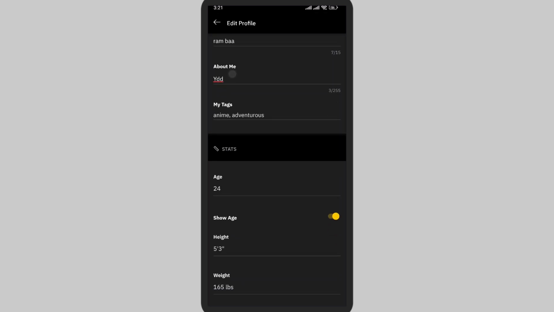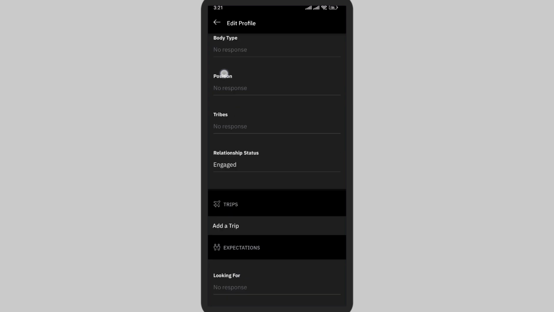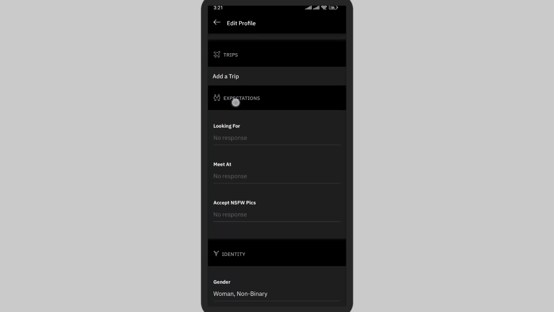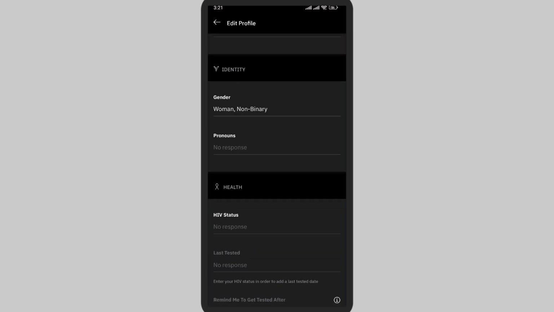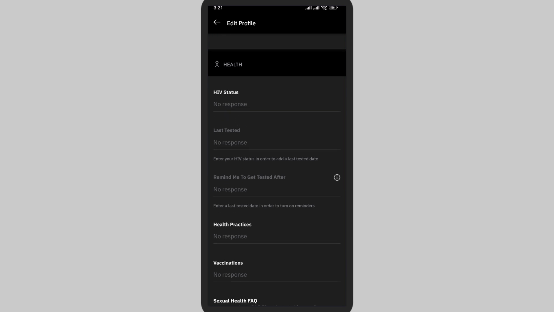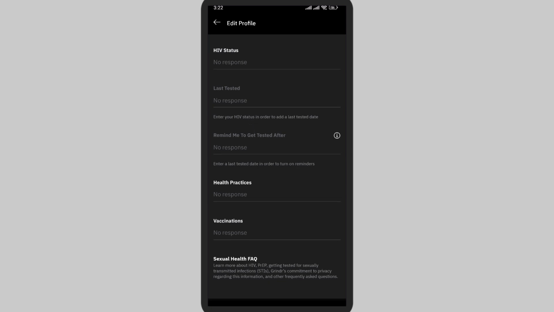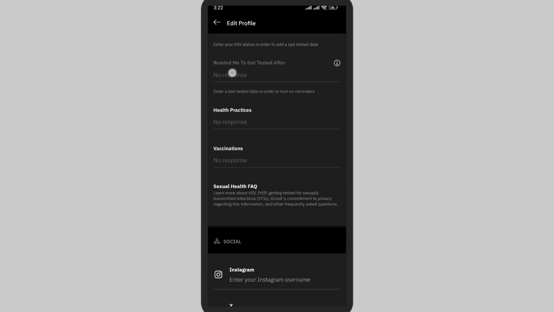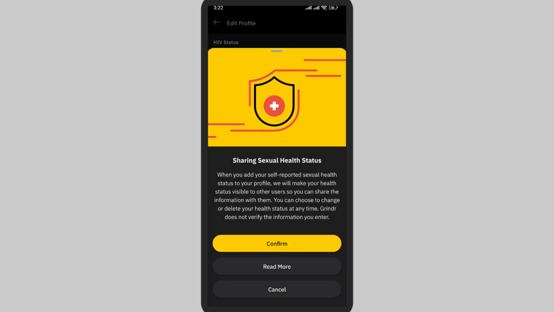Now slowly scroll down. So this is the place where you can customize and add different things to your profile. Here you'll be able to find a section called health. So it is right here. Here there are different options that you can add on. So basically you can write everything about your health and every detail about your history about health. So here you can customize it and here you can